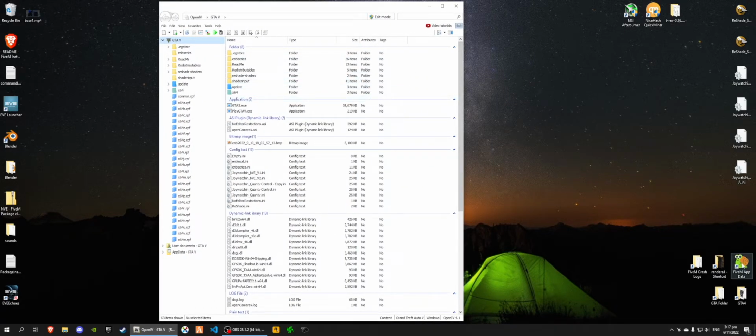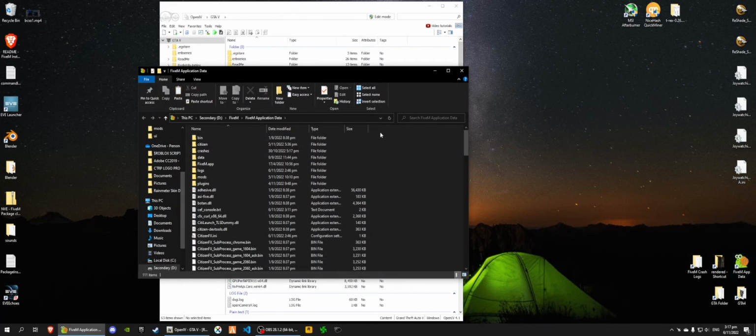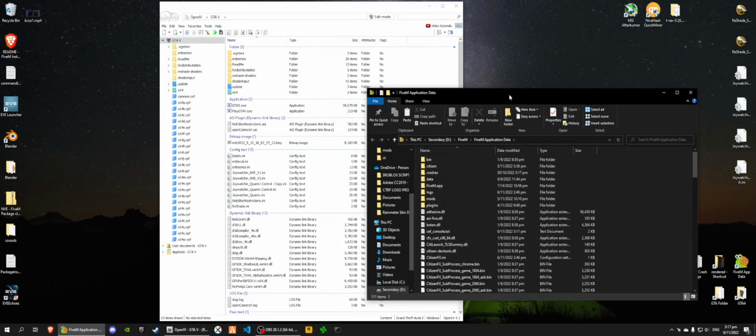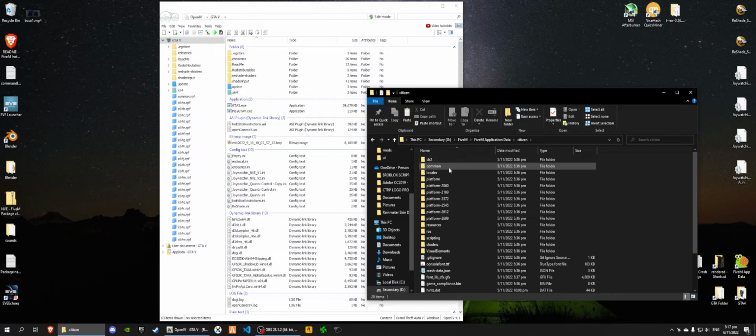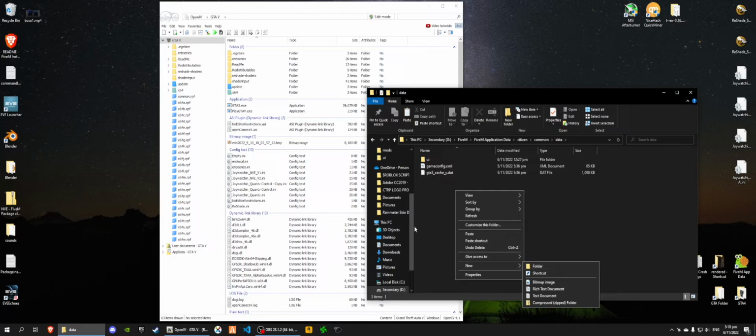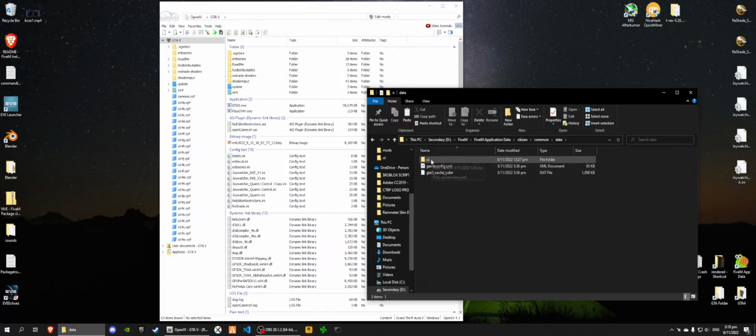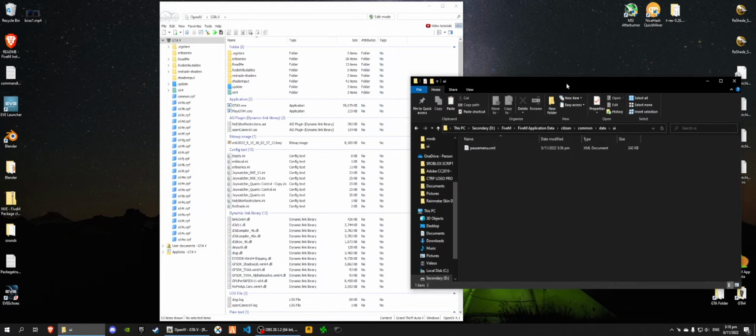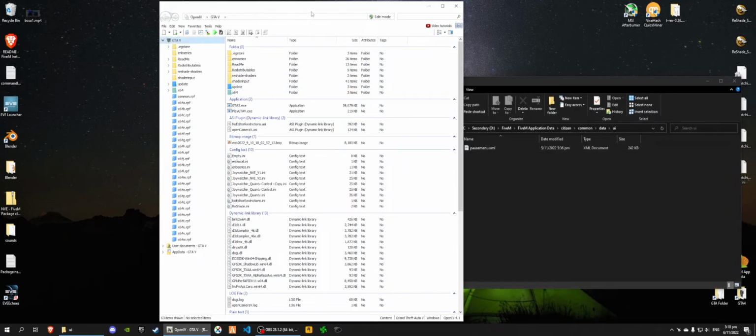We're gonna navigate to our FiveM application data, and go to citizen, common, data, and go into the UI folder down here. If you don't have a UI folder, just right click, make a new folder, and name it UI in lowercase. So once we have the UI folder open in File Explorer and OpenIV open down here,